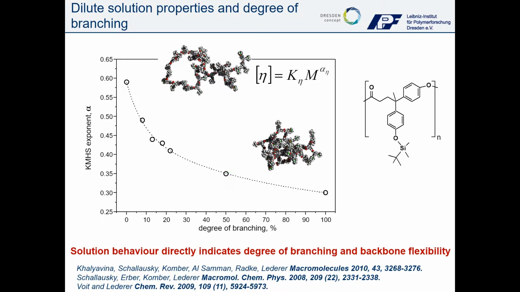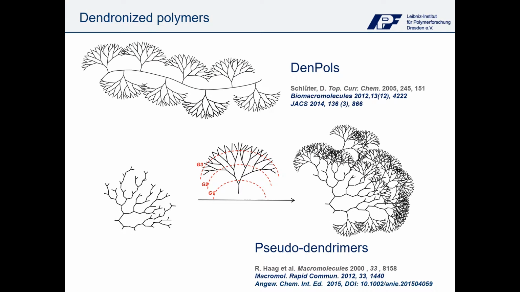typical for hyperbranched polymers. When we go to higher degrees of branching for the so-called pseudo-dendrimers, we can even achieve values which are very, very close to a hard sphere. About pseudo-dendrimers, I will talk in the next few slides. Pseudo-dendrimers are one example of the so-called dendronized polymers. Now, up to now, we talked about differently branched polymers starting from linear and going up to hyperbranched or dendritic